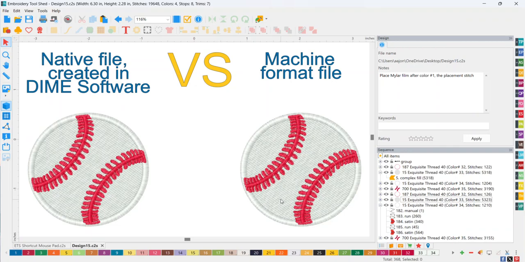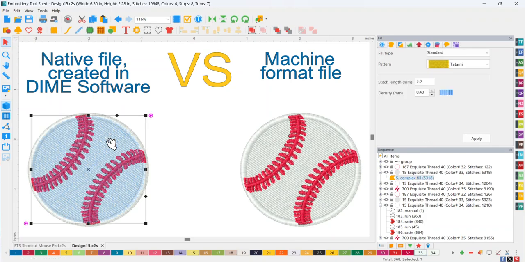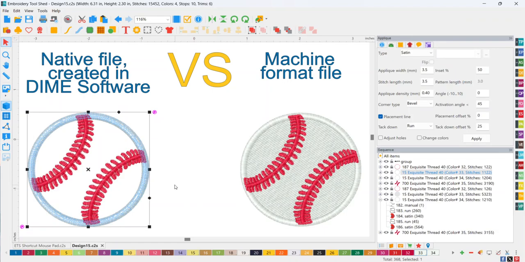Okay, so that being said, let's say that you have a file that you have purchased from another designer, or it's in the PES file format for whatever reason. Maybe you saved it and lost your working file, and let's say you want to change this stitch type here. So I'm specifically going to use applique because that was a request, and so I'm going to select the complex fill here, and then I'm going to just click one time on the applique button. It knows that that's a complex fill. It knows the area, it knows the outline of that area, the boundary,